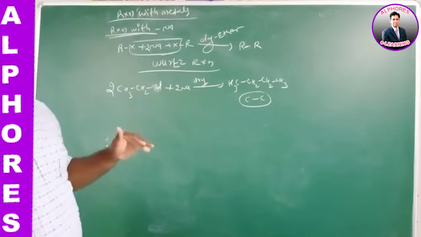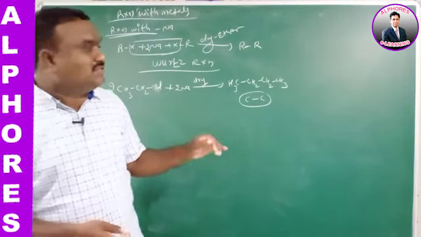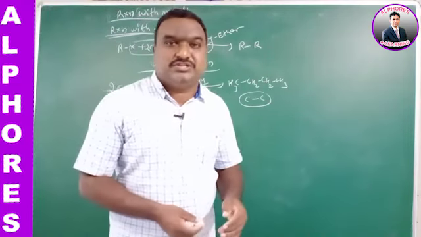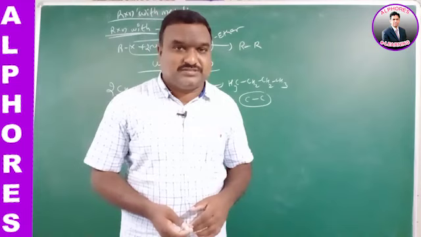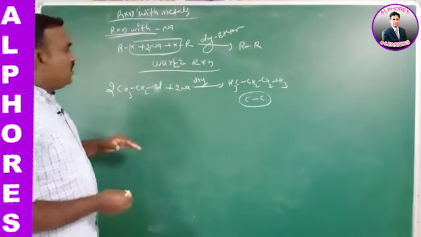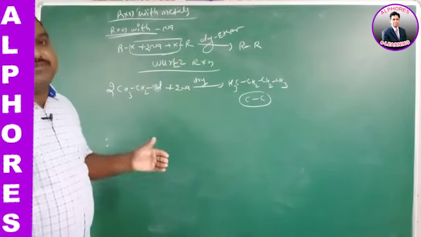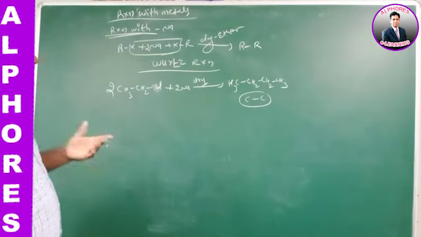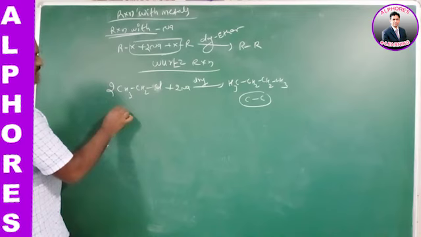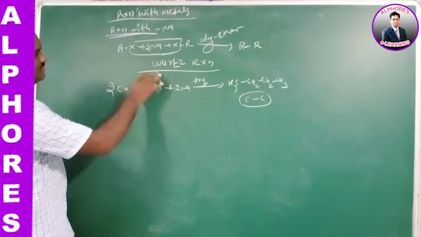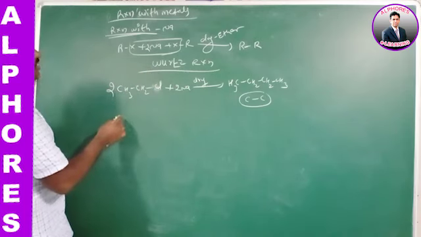In Wurtz reactions, the reactivity order is: primary compounds are more reactive when compared to secondary. Secondary is more reactive when compared to tertiary. Sometimes when tertiary is given, elimination also takes place in this case. So how to write the reactivity order in the Wurtz reaction: the first priority is given to primary compounds, after that secondary, after that tertiary compounds. So this type of reaction is generally called the Wurtz reaction. Already we have discussed that concept in alkenes, one of the important preparation methods for alkenes.